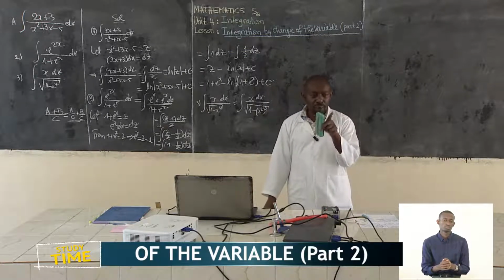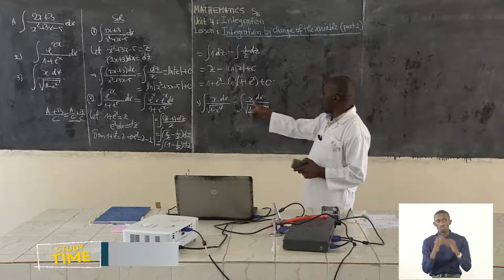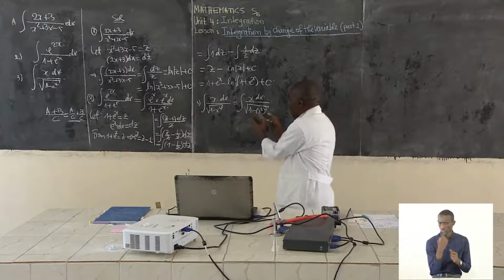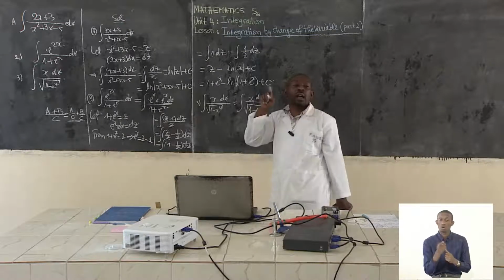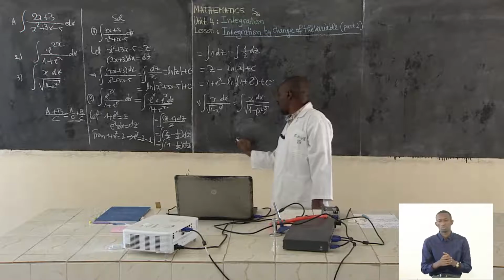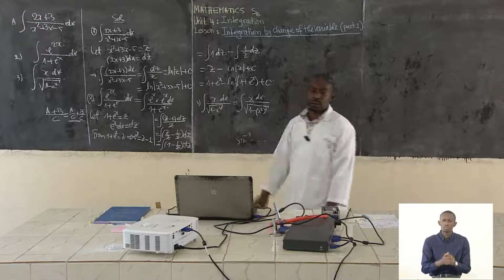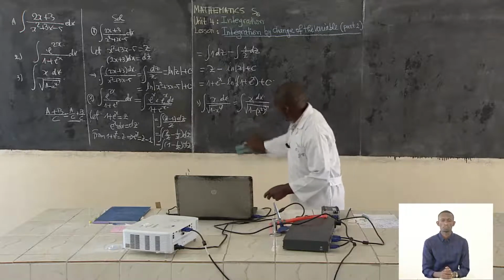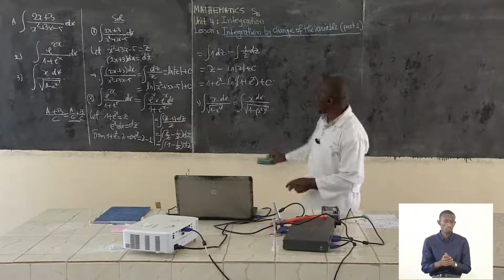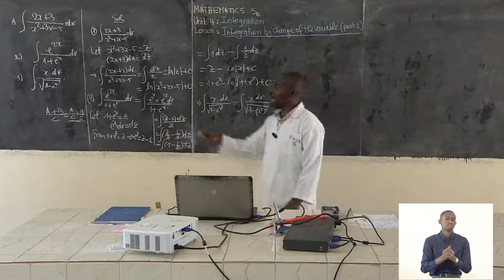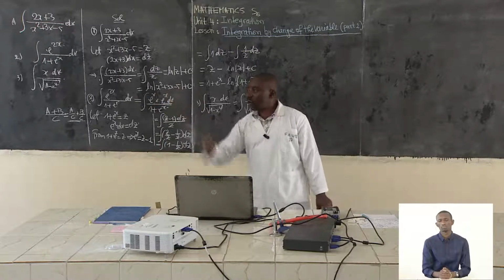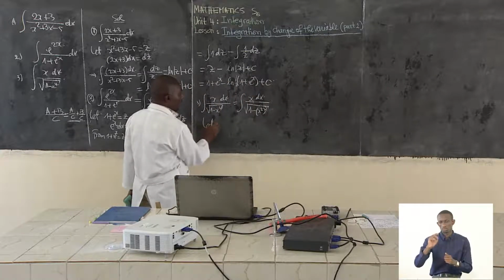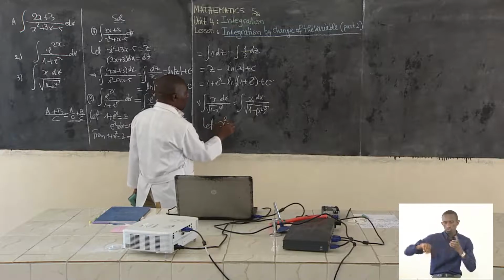And you know that when you have such an integral, 1 divided by square root of 1 minus something power 2, the answer should involve sine inverse of something, isn't it? And that is an immediate or standard integral. So here, because I have to use the method of integration by change of variable, I can let x squared equal m,